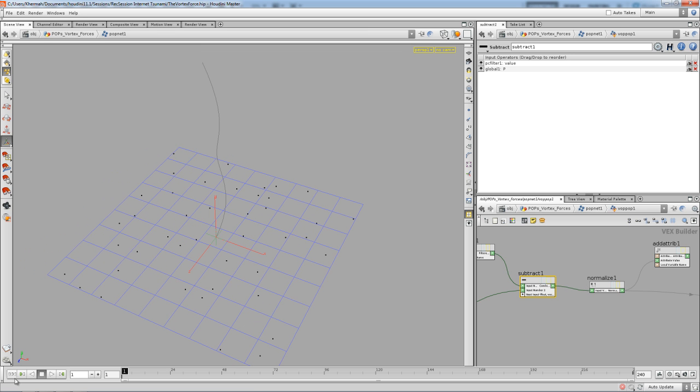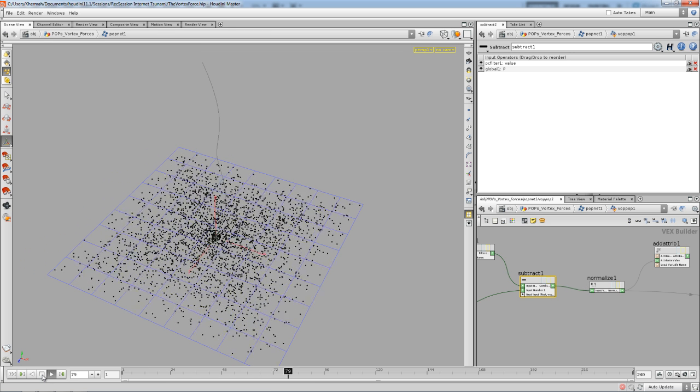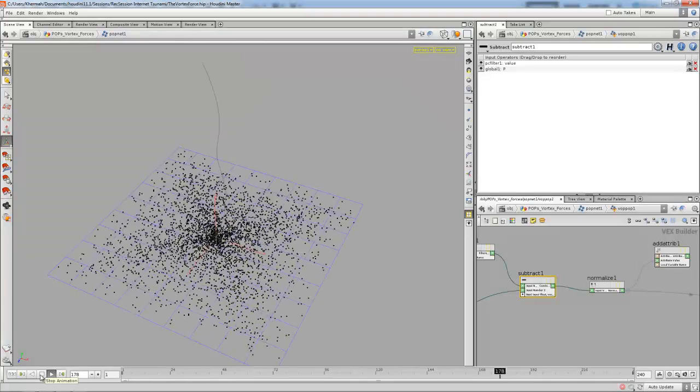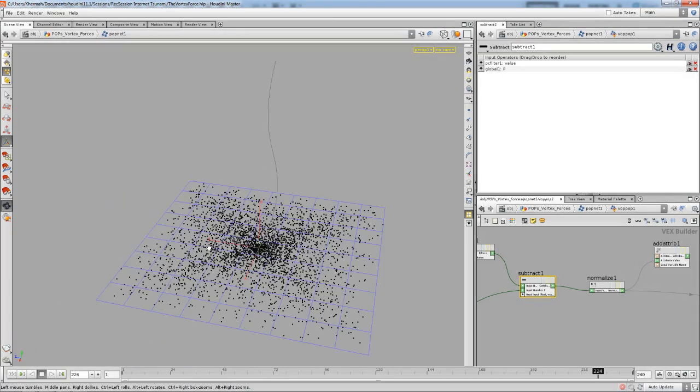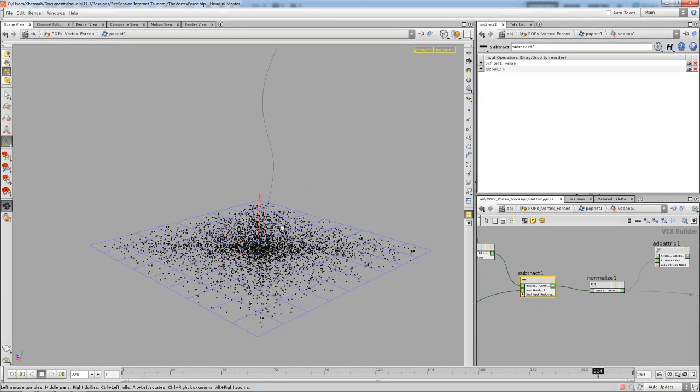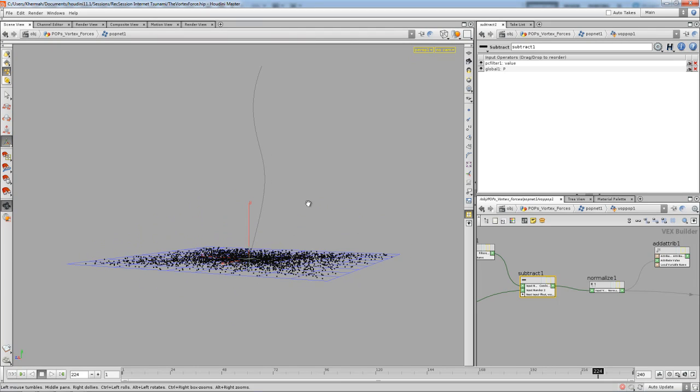So we can actually go ahead and play this, and you see the suction to the center, being that all the points are being pulled in to the center. Now that's one part of it, but now I actually need to make them go up. Now, if you do remember, we have the edge force over here,